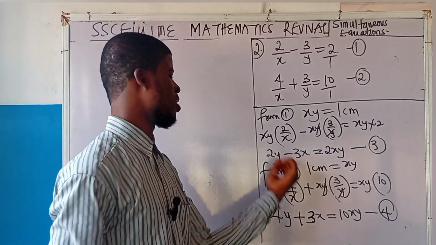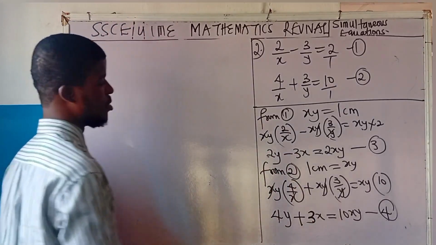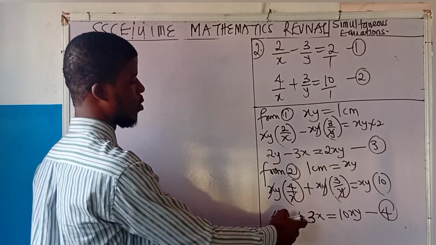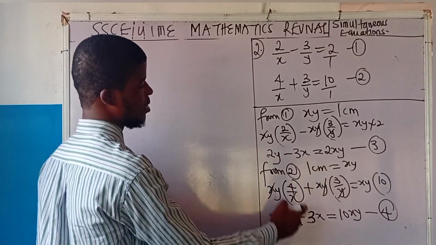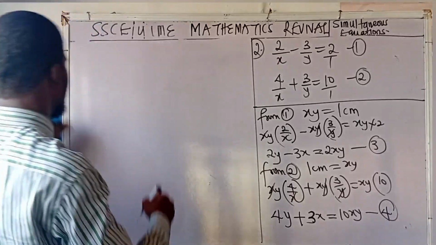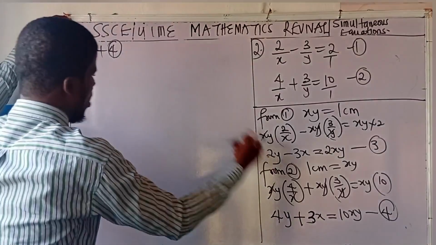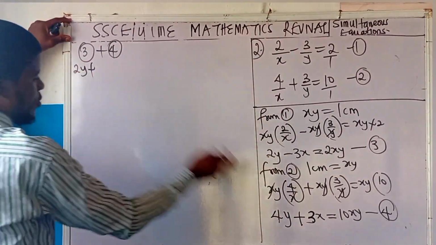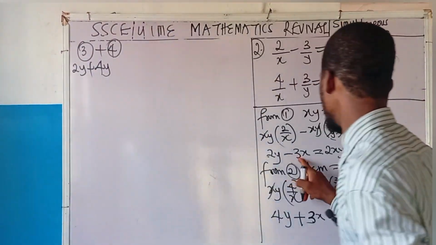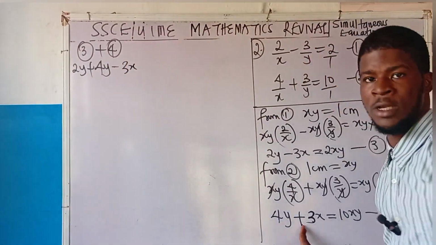X is carrying a minus here, it's carrying a plus here. So for me to eliminate x, I will be saying equation 3 plus equation 4, or equation 4 plus equation 3, so that if I add minus 3x and 3x, I'll be getting 0. Look at it. Equation 3 plus equation 4. 2y plus 4y. Alright. Then this is minus 3x, right? Minus 3x plus 3x